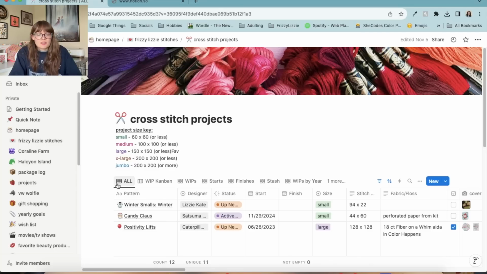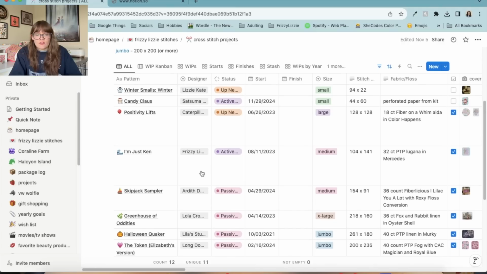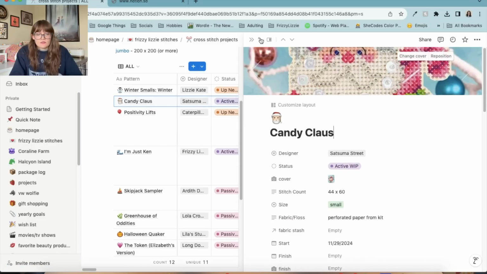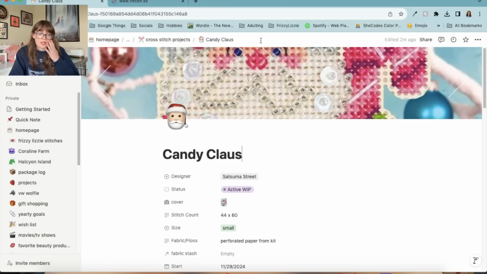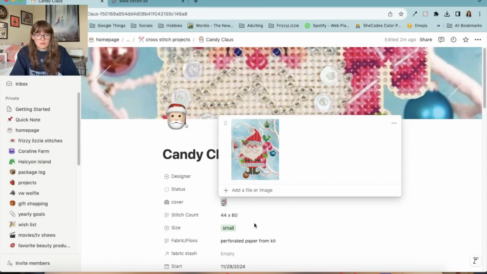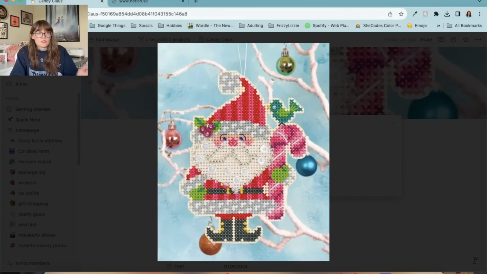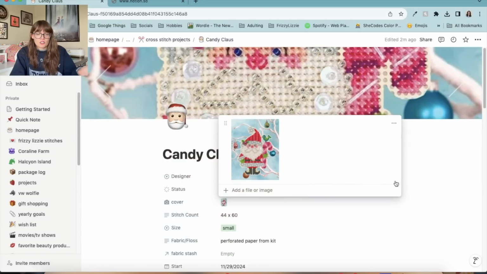So this is all of them listed out in a typical table format, but I am going to open just one of these to show you what a project card looks like, and I will make this full screen. Okay, so this is a whip that I started yesterday. It's a Satsuma Street Christmas ornament. I'll show you the picture. There we go. So this is Candy Claws by Satsuma Street, and so the project card for this, I have